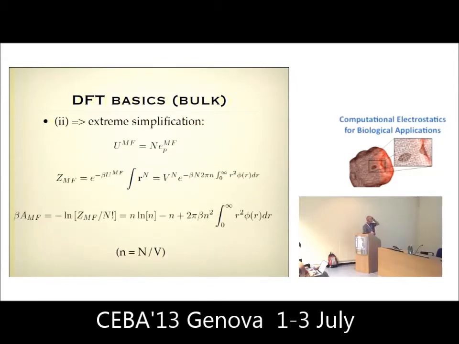Right. So both of these approximations or simplifications are rather extreme. I mean, without the pairwise additivity, we wouldn't get anywhere. And it's really a nice simplification. But also this other mean field assumption is simplifying things a lot. This is then the total mean field energy, and suddenly we can write the mean field expression for the configuration